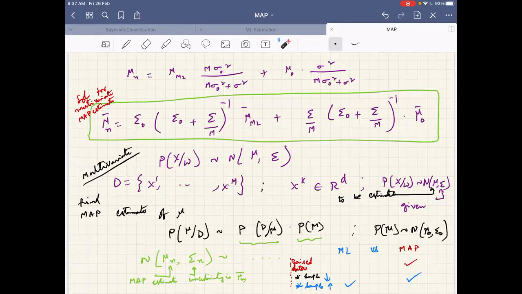We go for ML estimate, sir. ML estimate. Okay, so if I don't have confidence in the parameter, if prior knowledge is poor for the parameter I want to estimate, I will go again for ML estimate. But in the small sample case, there is a difference. People in the small sample case want to use domain knowledge and identify good prior information for the parameter we want to find, and use MAP estimate. Is this discussion clear?